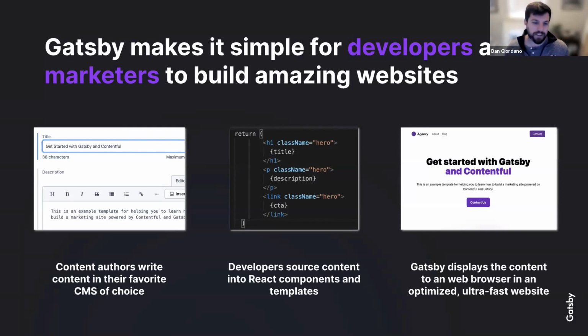And then Gatsby statically generates that, brings that all together and displays that content in the web browser, either a mobile web browser or desktop, in an optimized, blazingly fast manner. So these three things are all going together. You'll see that we have the templating language that we've had in the past, but you have the vast ecosystem of React to deal with. And it all gets easily deployed on Gatsby Cloud.